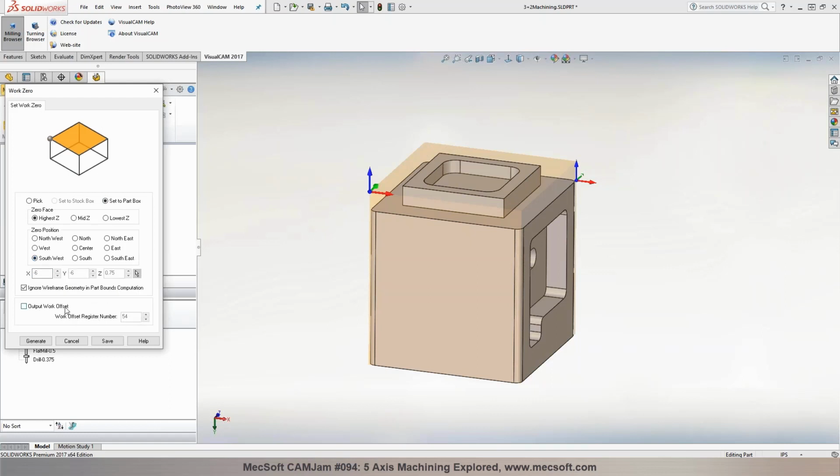And this could be your G54 or G55, whatever the work code and offset is. So this is the typical case for 2 and 3-axis machining. Now, in the case of 5-axis machining,